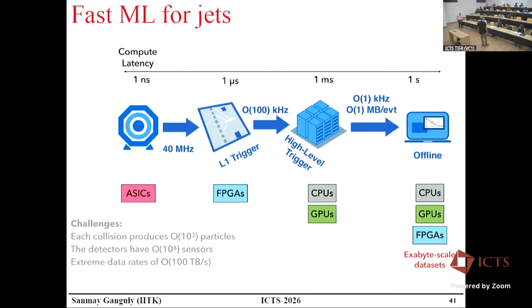I can write a one line level one trigger with one parameter that will cut the rate to whatever you want. It's just a random rejection. But it's not about cutting the rate. Well, let me make my point. That does the basic job of cutting the rate, and it's unbiased, so that's good, but it's kind of stupid. Why do you build the accelerator if you're just going to throw the data away? So the purpose of a trigger is to keep the physics we're interested in, and that is by definition a bias.